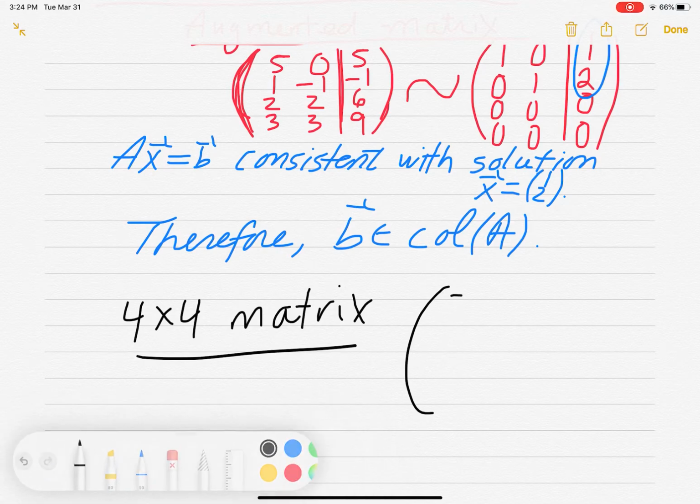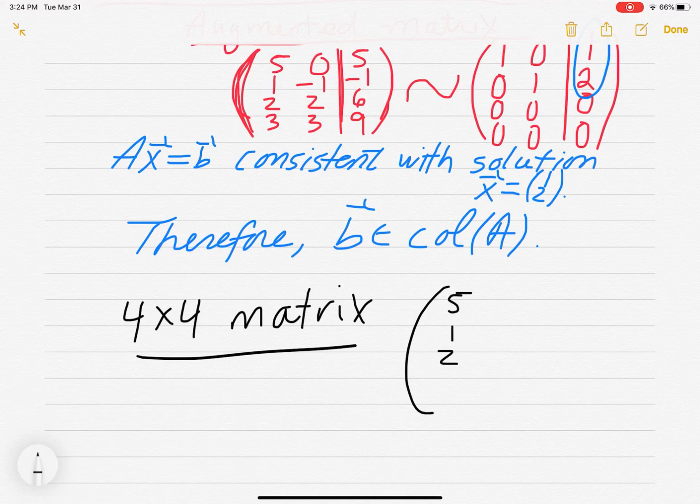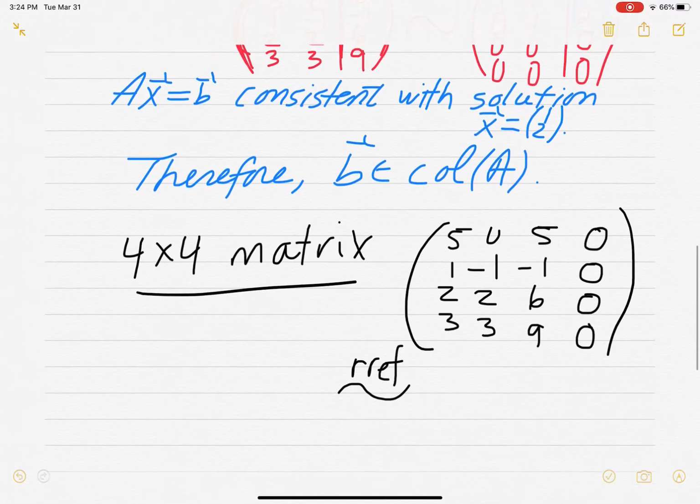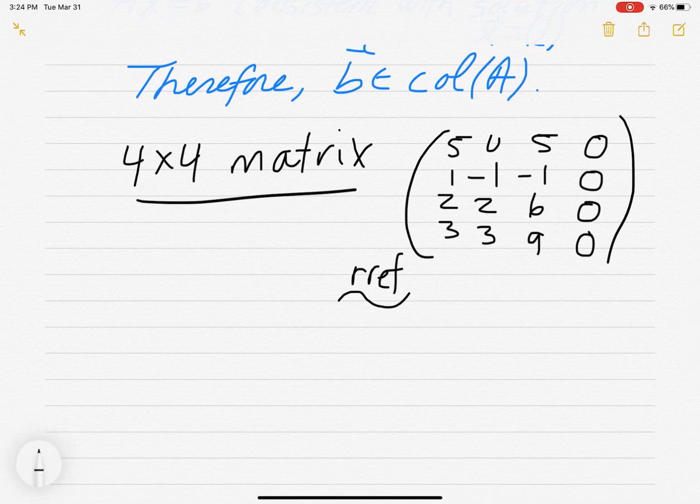Let's put it in: 5, 1, 2, 3, 0, negative 1, 2, 3, 5, negative 1, 6, 9. And then you have to add a column of zeros like that. So when you row reduce it, you can row reduce it with RREF. When you row reduce it in the TI-83 or TI-84,